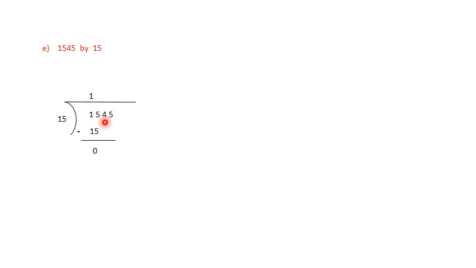Now what we'll do, we'll bring this 4 down. Now if you see here, student, this is 4 and this is 5. So 15 zeros are 0, we'll write down. So you'll get here 4. Now we'll bring 5 down. Okay, this is 45. 15 threes are 45. So we'll write down here 15 threes are 45, and 45 minus 45 becomes 0.